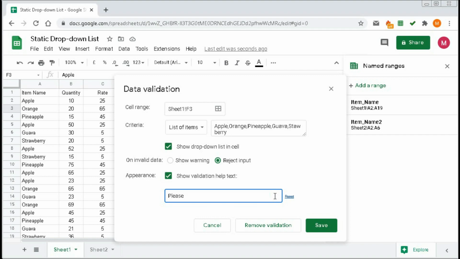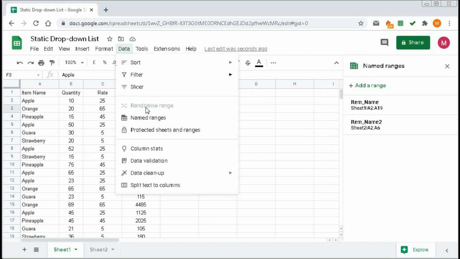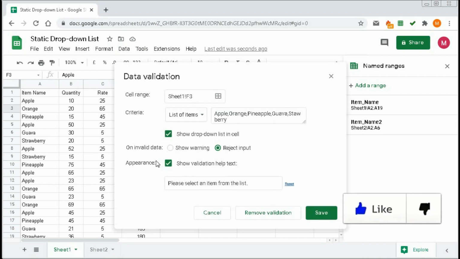Please select an item from the list. Full stop. Now click on save. Now you can see here we got a message, please select an item from the list. So in this way we can create the drop-down list.